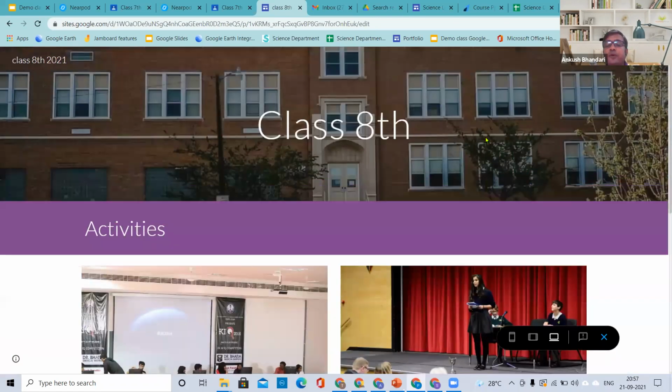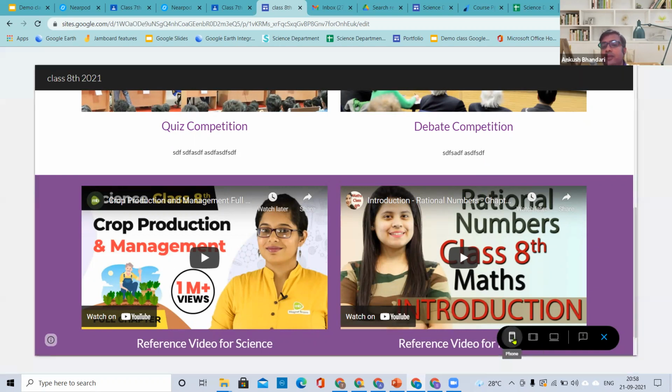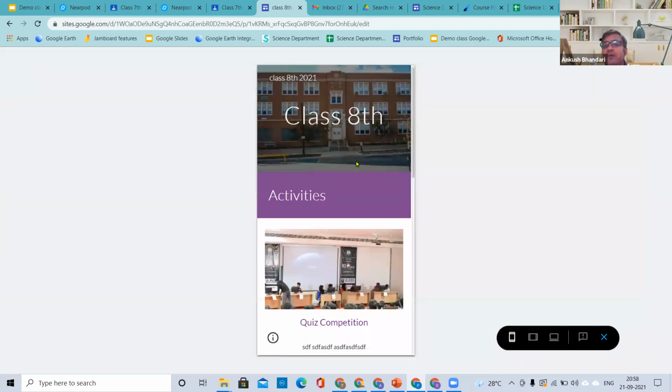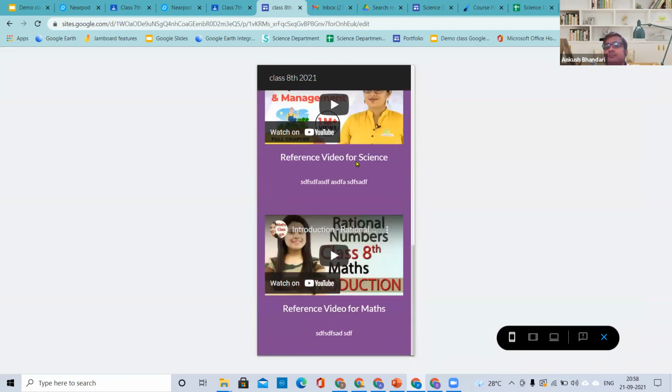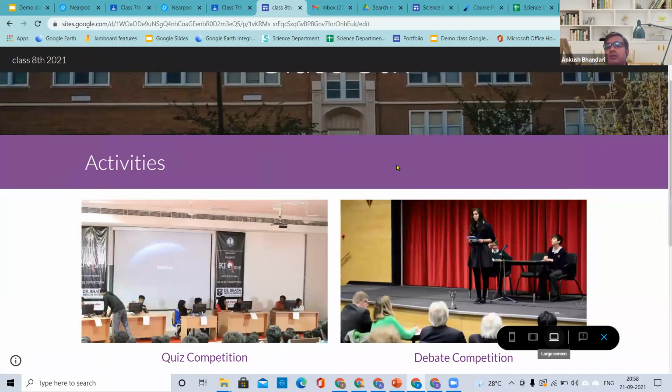And again, the best part of it, this website is mobile friendly. What do you mean by mobile friendly? Anyone? Because 70% of the students or parents will come to your website from mobile. After going to the preview option, you will see a mobile icon towards the right hand side bottom corner. If you click on the mobile icon, this is the way your website will look on the mobile, and this is the way it will look on desktop.